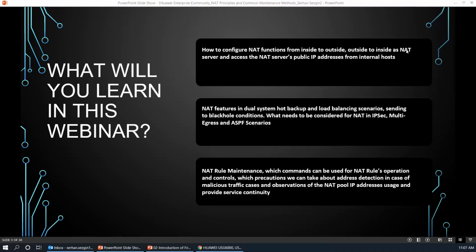We do a NAT server from outside to inside: how packets coming from outside are destination NATed to the inside servers, and how we access the NAT server from internal clients, which is normally accessed from the outside with public IP addresses. We will do a demo for this one too. So from your internal client, you will access